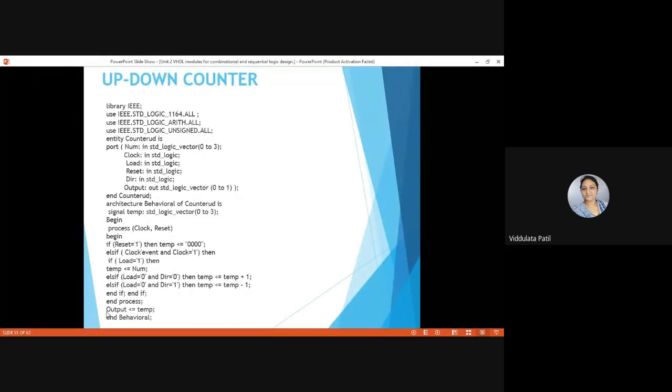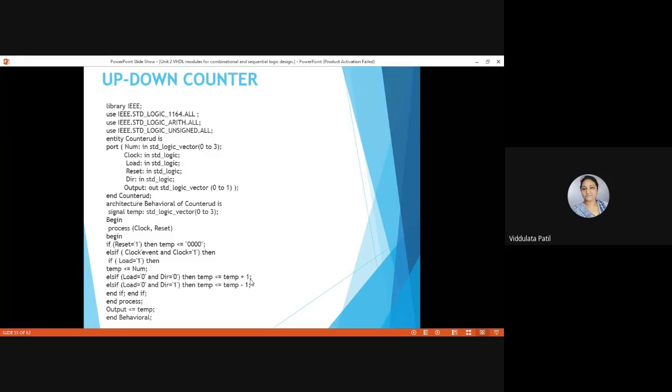Okay, so this value which we have stated earlier will be assigned to temp. Now else if load is equal to 0 and dir, that is the direction, is equal to 0, then temp will be assigned the value temp plus 1.